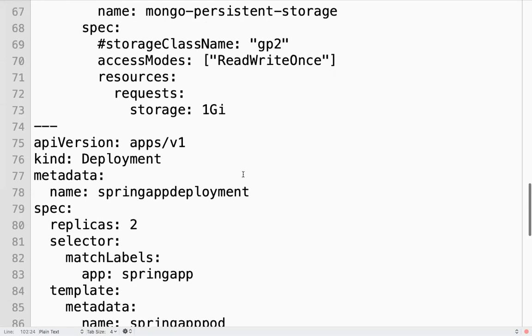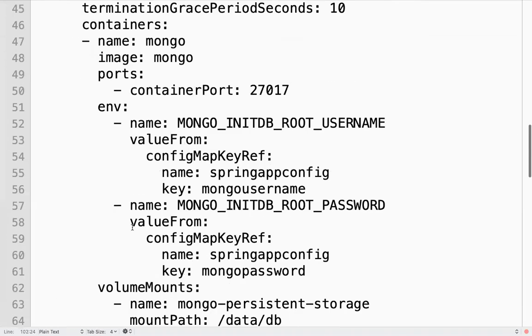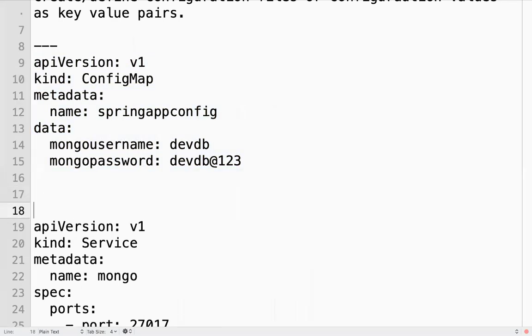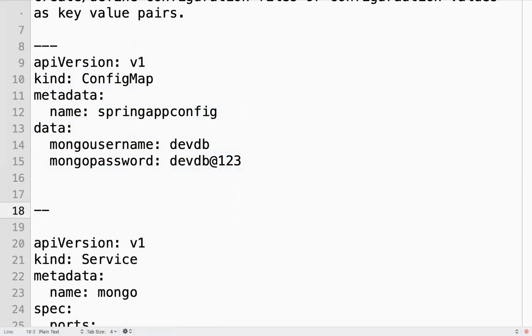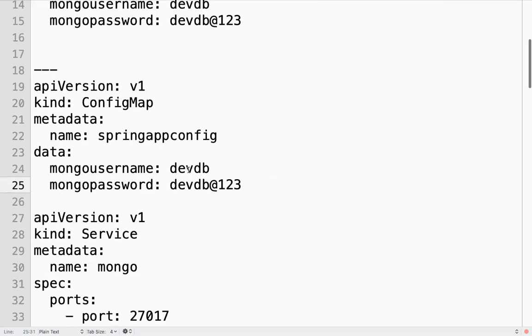Now this config map I'm going to create in dev Kubernetes cluster. This is my manifest. Suppose when I am deploying my same application in a QA Kubernetes cluster, I will create a config map in that cluster with the different configurations. Something like this, just to give an example.